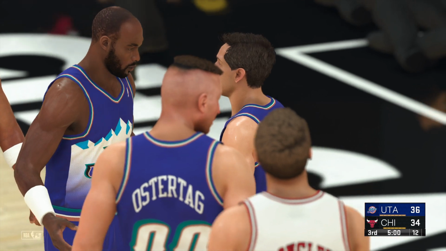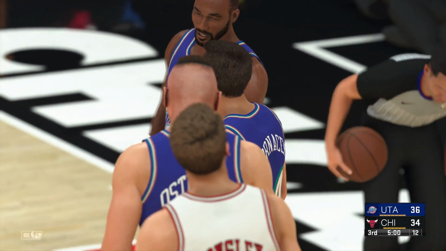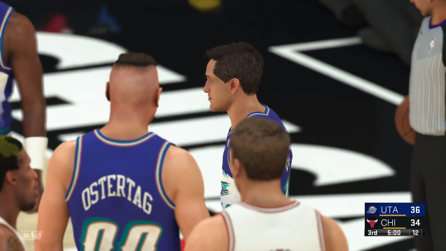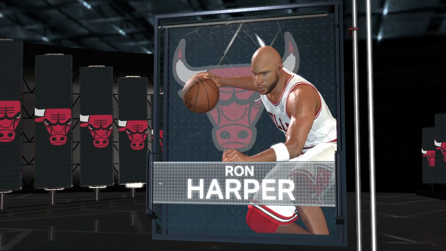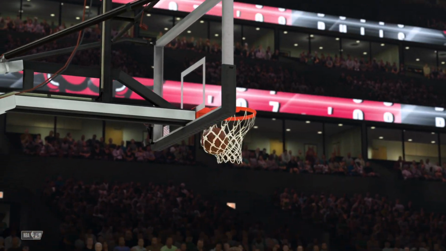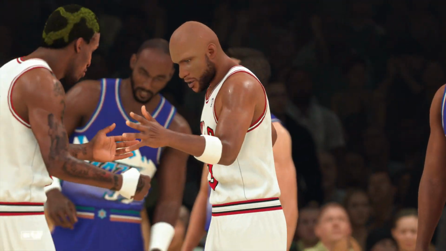Yeah, heard the whistle and then kept his focus and was able to still knock it down. Third personal foul. For Chicago, they have been shooting right around 75% at the line, 9 of 12 so far. At the line for Chicago, Ron Harper.